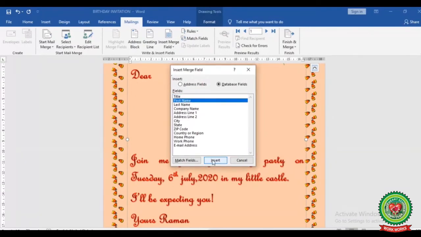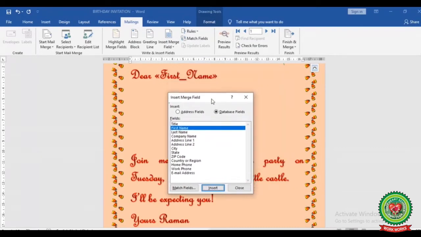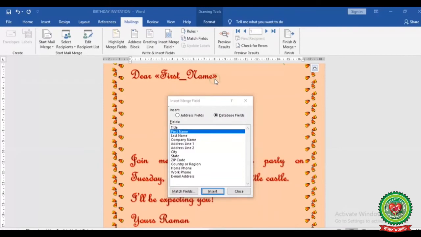Click on Insert button. You can see on your document the fields will be inserted. Now select the another field, that is last name. Again click on Insert button. Here you can see the last name field will be inserted on your document.